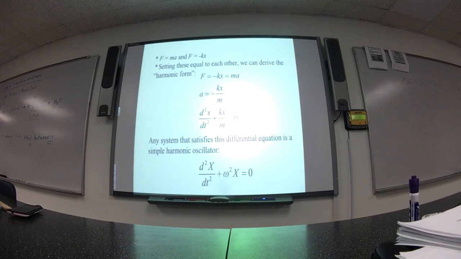Now, not only is this a differential equation, we've made a couple small, tiny substitutions, the difference between here and here. We've replaced k over m with omega squared. A small arbitrary substitution for math reasons. But what that tells me is that